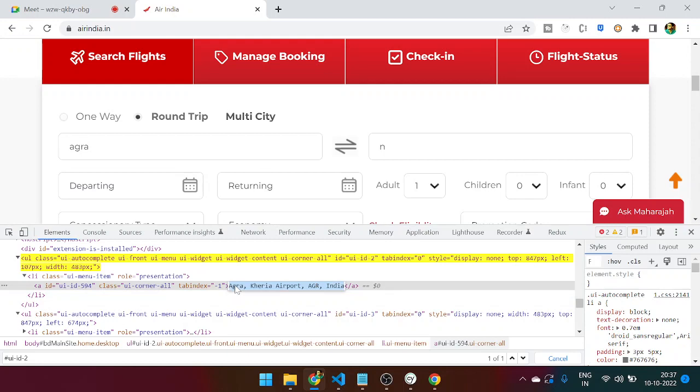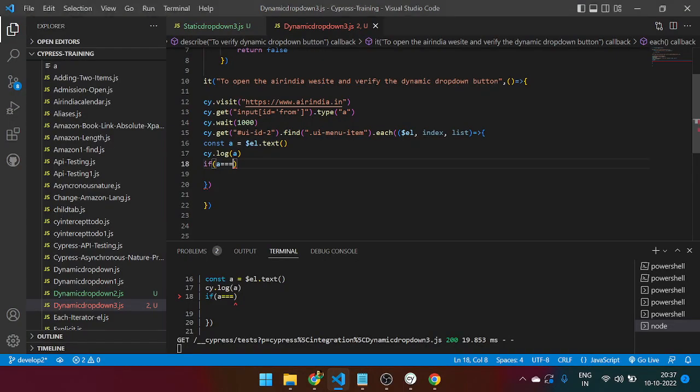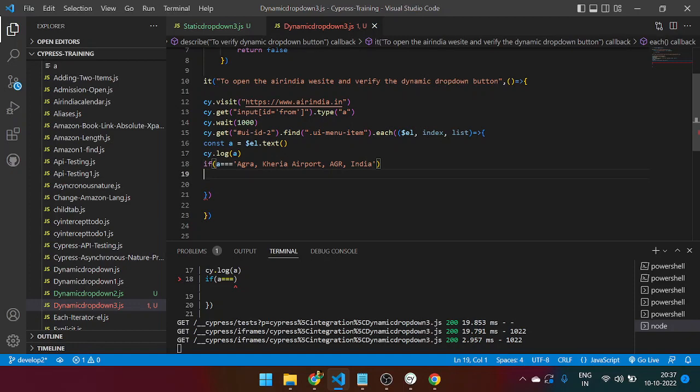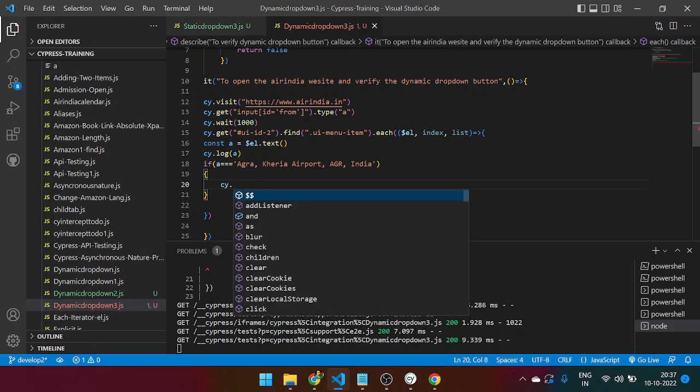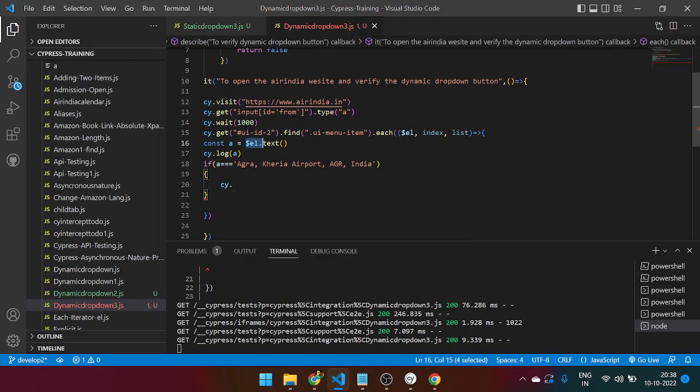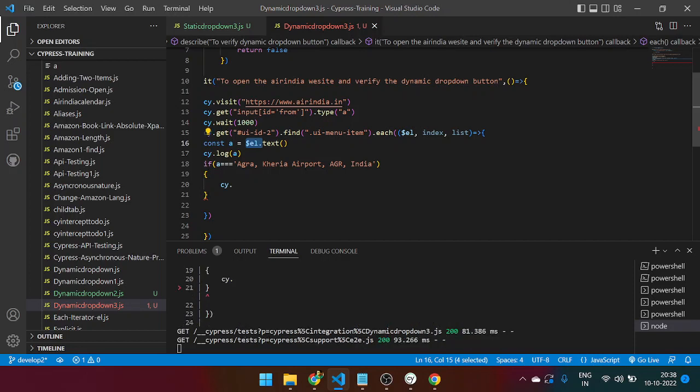I just go here, and in double quote, single quote, I just press here. Okay, now in that case, I just write down here cy dot. See, now your Agra is there in that element, and you want to click that element, but you cannot click directly. So you have to wrap